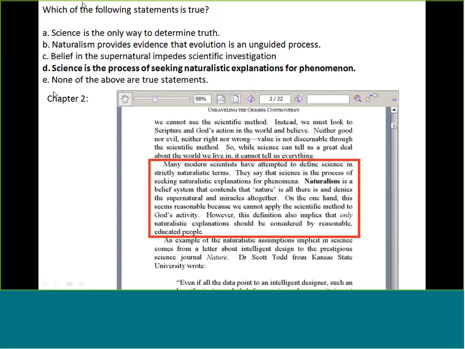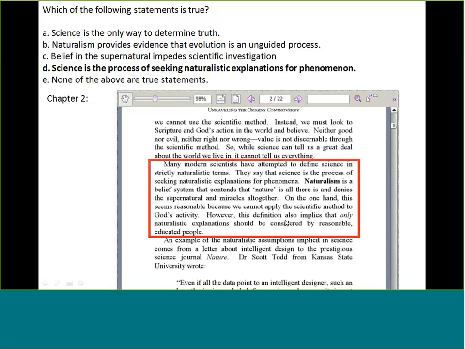The last option was science as a process of seeking naturalistic explanations for phenomena. I think that this is the option that was most often chosen as the true statement. However, it's not. If we go back to the book where it speaks about naturalism, Dr. DeWitt's talking about naturalism and how scientists try to make naturalism what science actually is. And so here he says, many modern scientists have attempted to define science in strictly naturalistic terms. They say that science is the process of seeking naturalistic explanations for phenomena. So this is where I've taken the sentence from. But